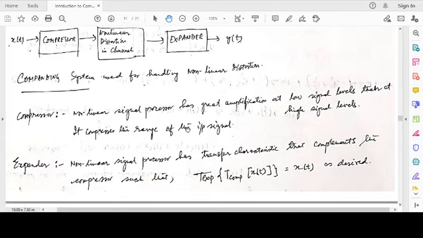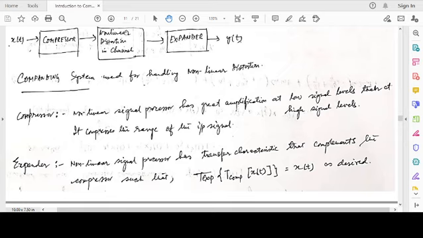And because it compresses the range of the signal, making it lie within a region closer to the mean of the signal, when it passes through the nonlinear distortion in the channel, around that point you can model the nonlinear channel characteristics as a piecewise linear region. Let's say you have a nonlinear distortion. Around a certain point, it can be modeled as piecewise linear. So not much distortion has taken place when it has passed through the channel.